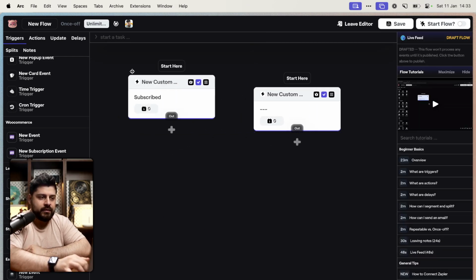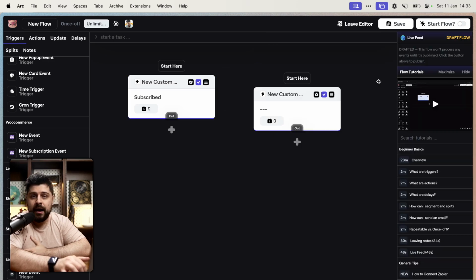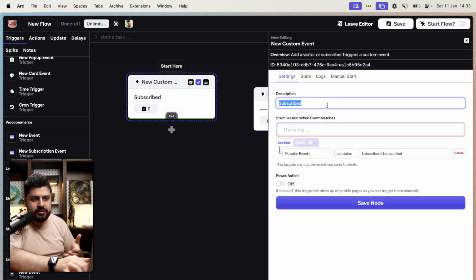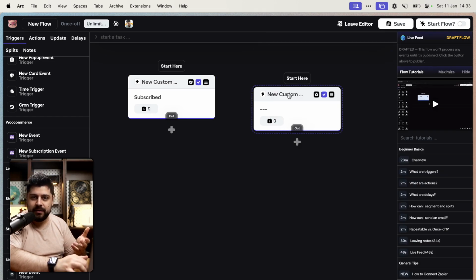All right. So we have an automation, and I have two of them here. The only difference is that on this one, I added a description which says subscribed, which is just for my general usage of the system. Depending on what kind of system you have, you might have different ways you can make the system easier to use. So in this case, I know that this is a custom event, but I don't know which one. So what Bento allows me to do is I can just simply write a description, and this description I can see here, and that can quickly let me navigate through my own stuff, because when you have one automation, it's pretty easy to figure out what's happening, but